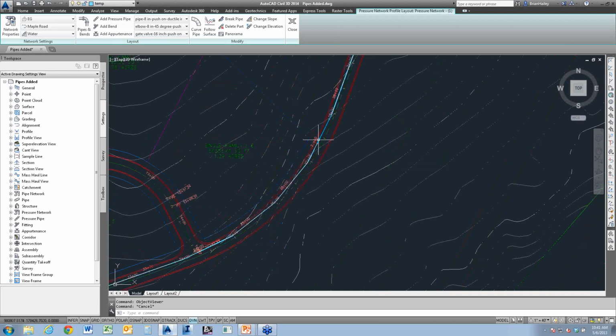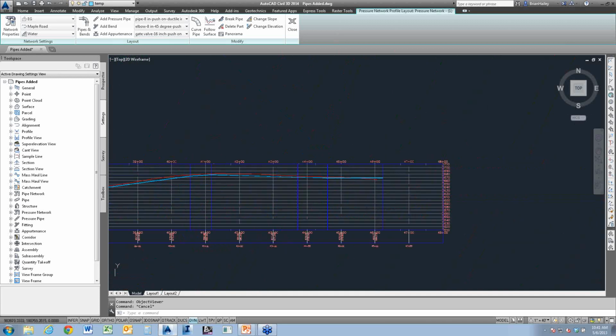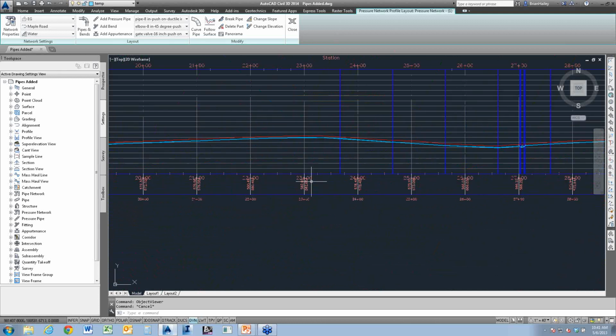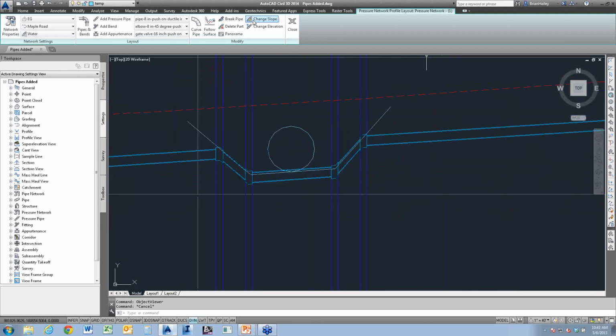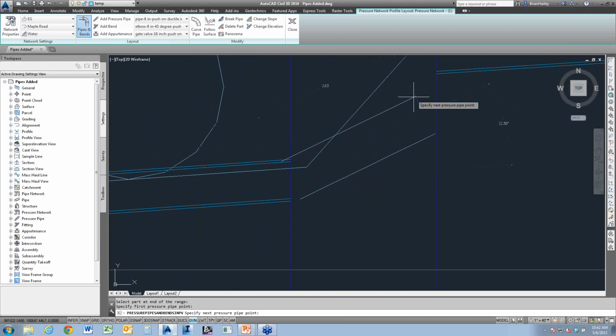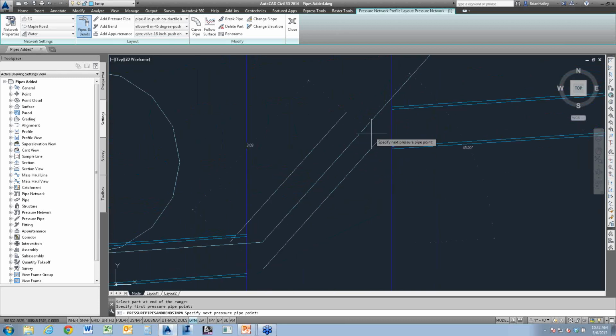Basically, when I was working in the profile, I wasn't designing to anything. Where did I do that? Right there. So if I delete these parts, and I come in here and say I want pipes and bends. Say I want to connect to there, and now I want to go to there, and I want to start there. Basically, it's not designing to anything. It's just putting in the different angles. It's going to connect to that one, and what angle do I want to put it in at? So that's basically what it's doing.